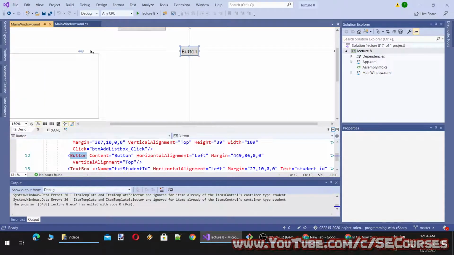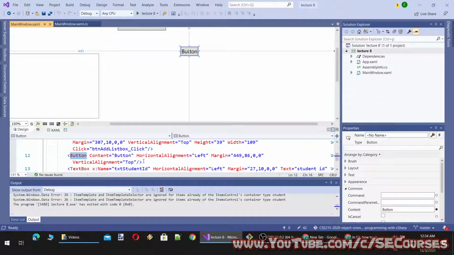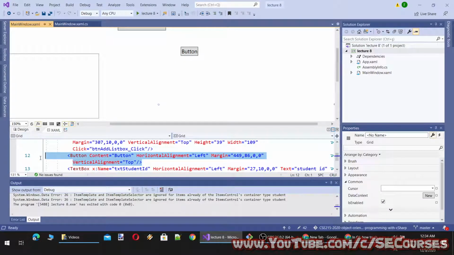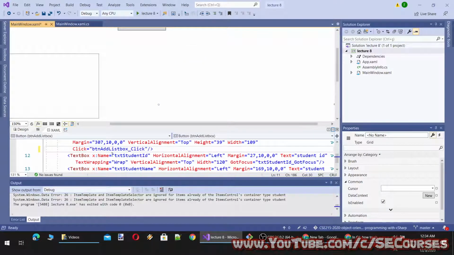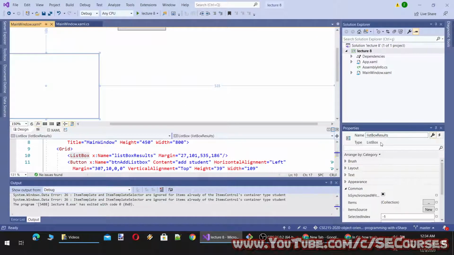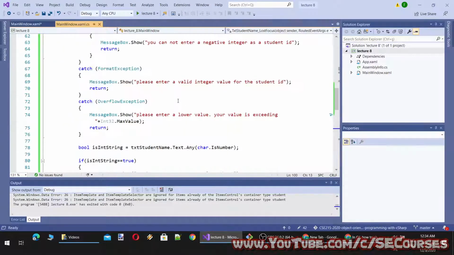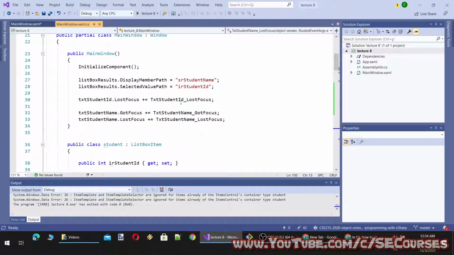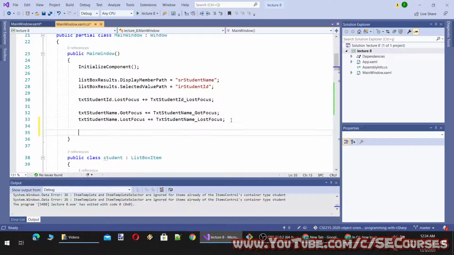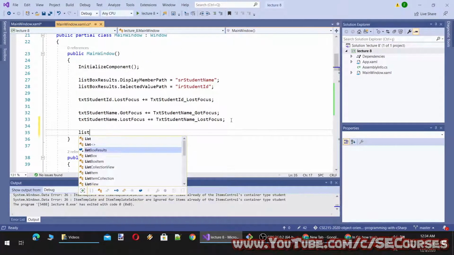Okay, let's remove this button because we don't need it anymore. I'm going to remove it like this. And what I'm going to do is add an event to double click of listbox elements. So